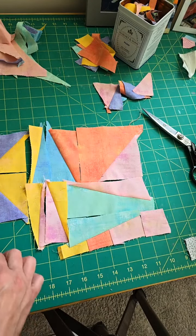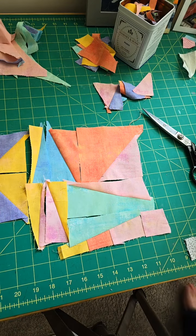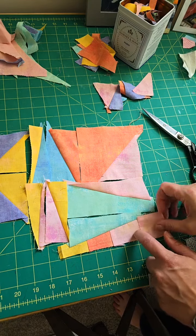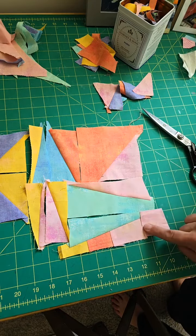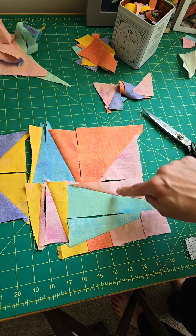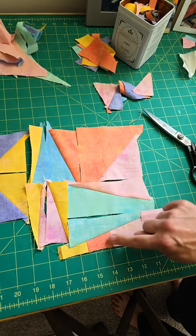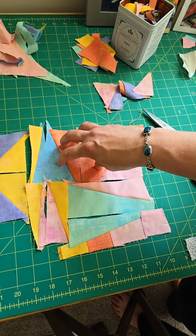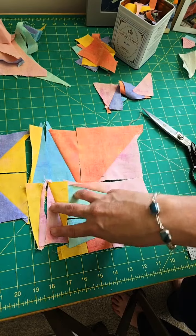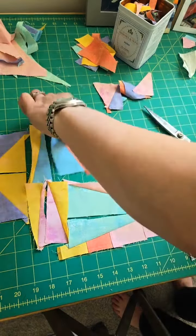I don't know, but I'm just going to start building with this and see where it takes me. So what I'm going to do is go for the smallest components to add to the biggest. I need to sew these two together in order to sew it to this. And I'll need to sew this together in order to sew this section to that, and I'll need these sewn together before I can sew this to that. So I'm just going to grab pairs and sew,